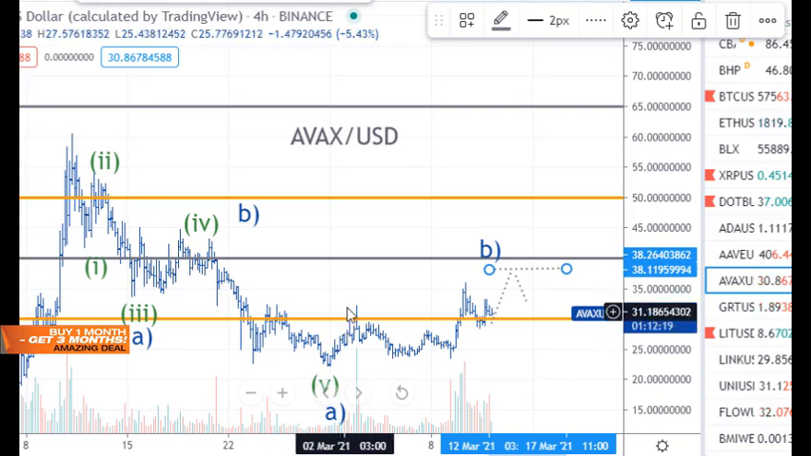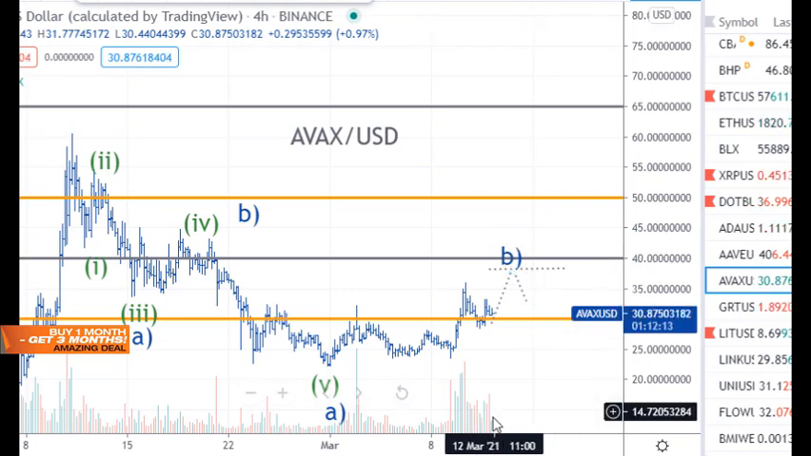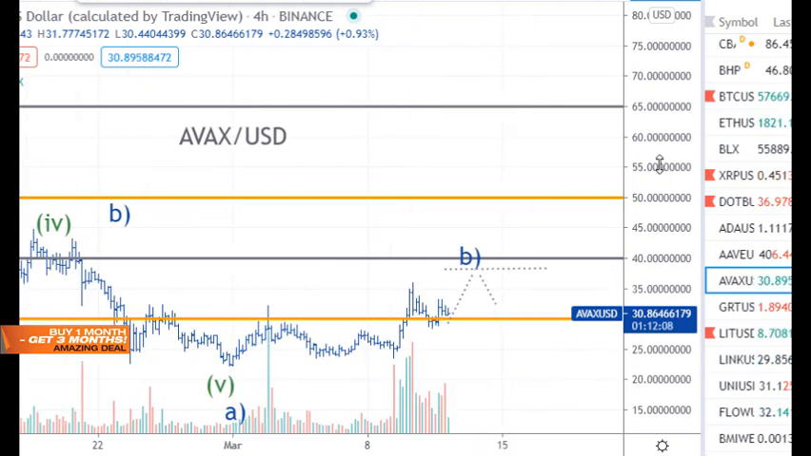Because this would be an A wave, a B wave, 1, 2, 3, 4, 5 here for the B wave sitting right here. So we would need to be above that. It's not to say that it can't go up. And the thing that I like about it here being bullish here by the buy is that you can see